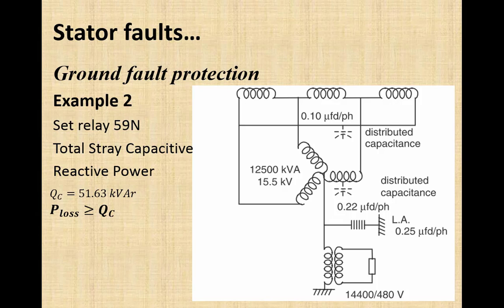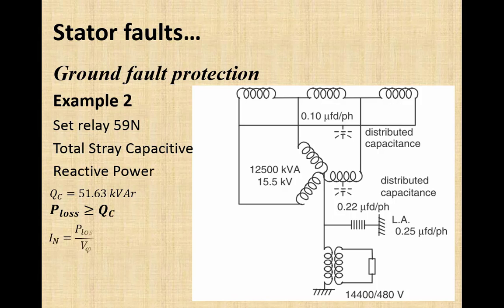Now we can select the value of resistance very easily from this value, because we have the value of power and we know the voltage level, so we can use the formula to calculate the resistance to be inserted in the neutral circuit to satisfy this condition. But there is another condition: the neutral current should be between 10 to 35 ampere. Let's see what the neutral current will be if we satisfy only this criterion, that power loss is equal to